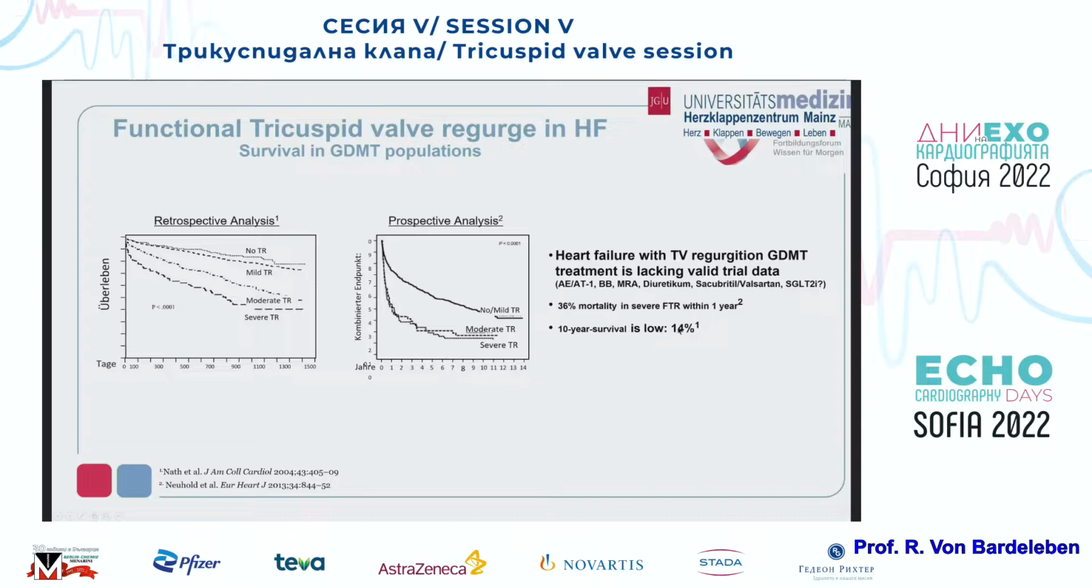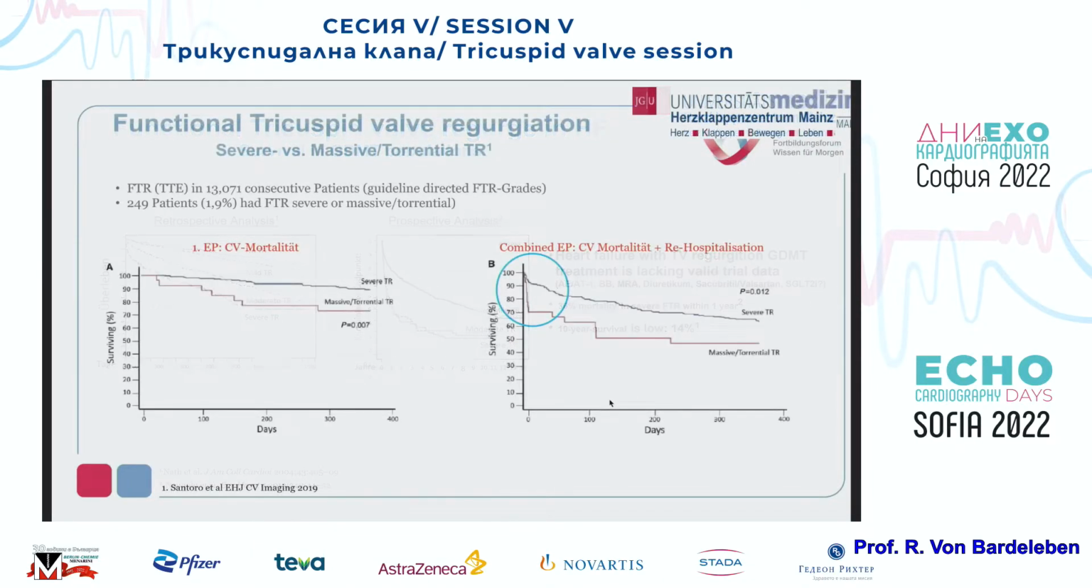So what is actually guideline-directed medical therapy? And we don't know a lot from the guidelines because it's ill-defined. We all know that we have to use diuretics, but what about sacubitril valsartan? What about the new SGLT2 inhibitors, which also exert a diuretic effect? Do they change prognosis? And here you see also the functional tricuspid regurgitation publication that is very new from Santoro